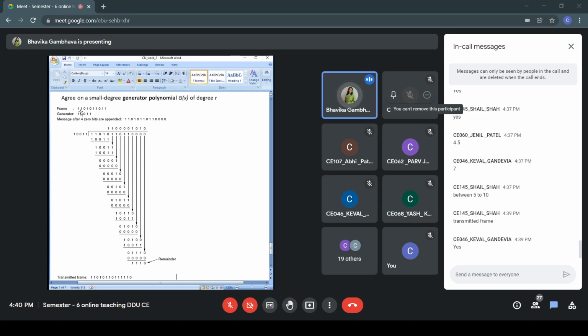If it is 5, then in the frame you will be appending 4 zeros at the end. If it is 6, then you will be appending 5 zeros. I think this can be your starting point. And then you can proceed to think about how you are going to perform this XOR operation.